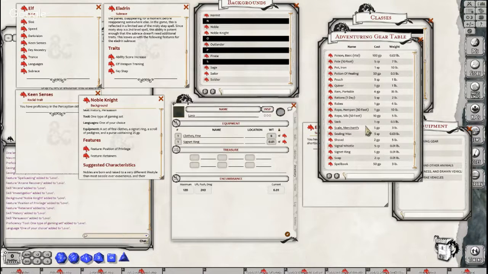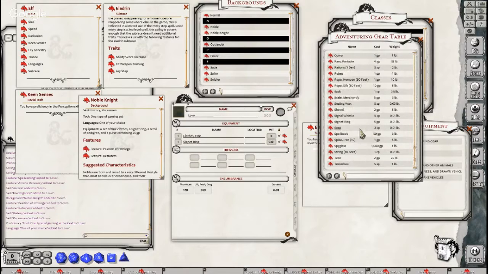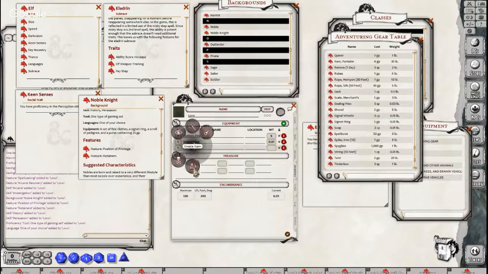I get a scroll of pedigree. I don't think that's on there. We'll have to make this, which is good. I wanted that to happen anyway. So if you want to make an item on your equipment that's not in the equipment, it's just like the character sheet. If you hit the little edit button down here, you can add an item here, or you can right click and hit create item. So we're gonna put a scroll of pedigree,